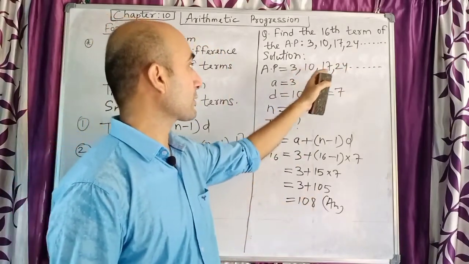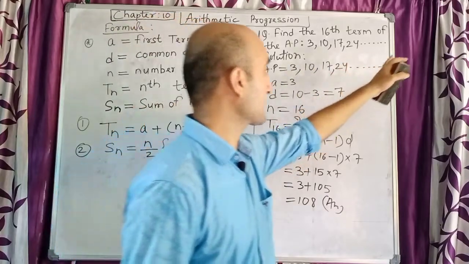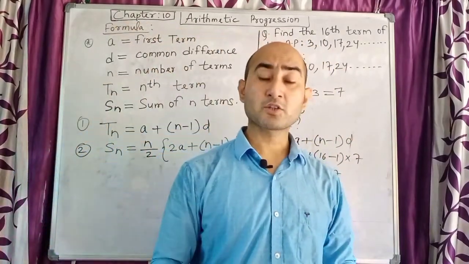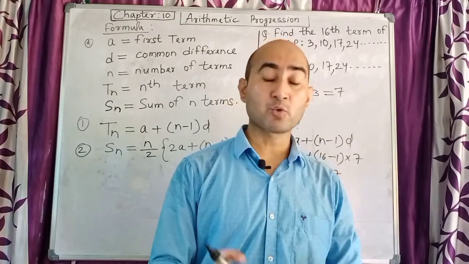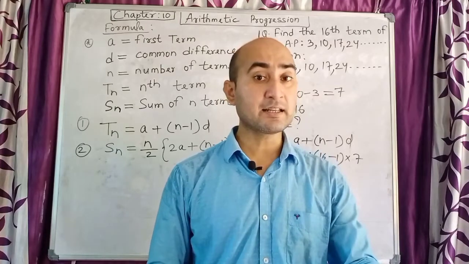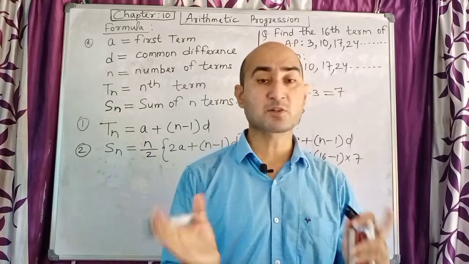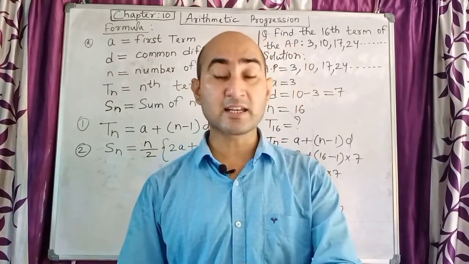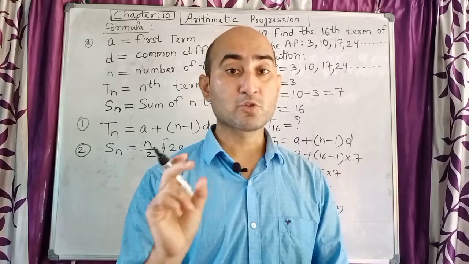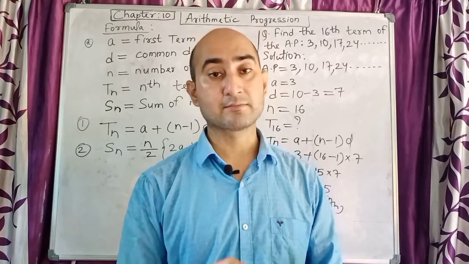That means there is a difference of 7 here. If you keep on adding 7, 7, 7, 7, when I reach the 16th term, my answer will be 108. I hope children you understood when to find n and when to find Tn. A child who understands the difference between n and Tn, the chapter is going to become very easy, because A and D are very easy. A means first term, D means common difference. But what is n and what is Tn is very important to understand. So with this example which I have just done, rewind this again and again and try to understand the meaning of n and Tn. Okay, thank you children.